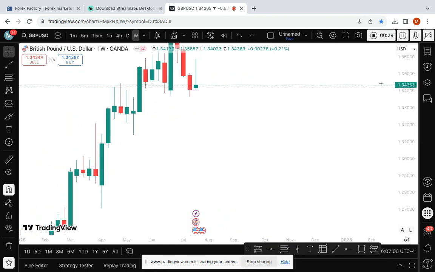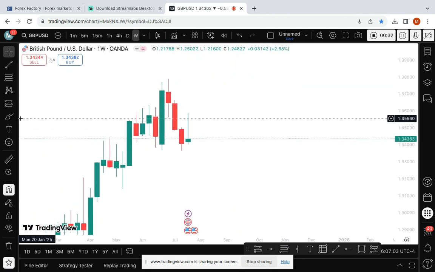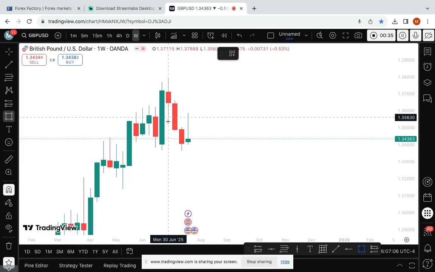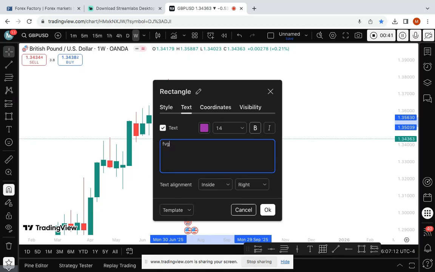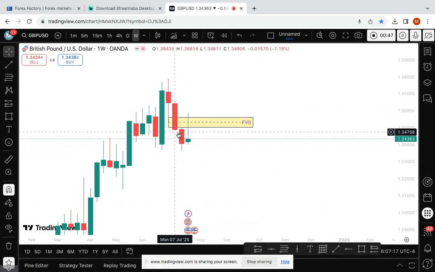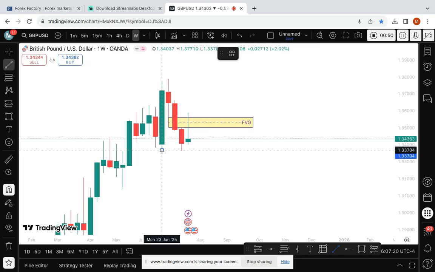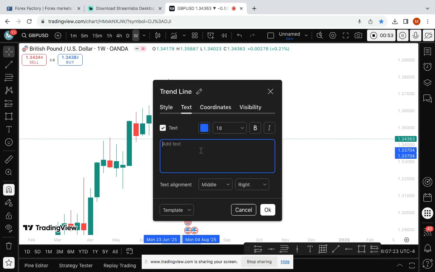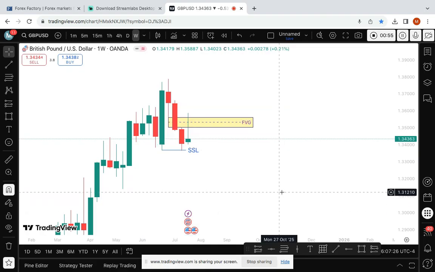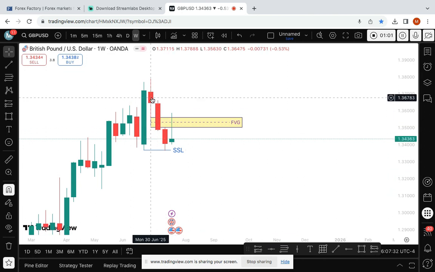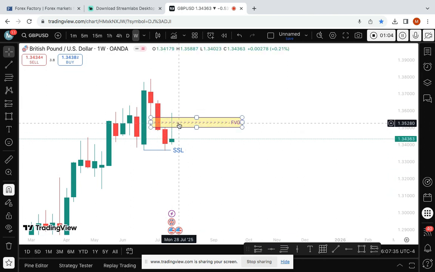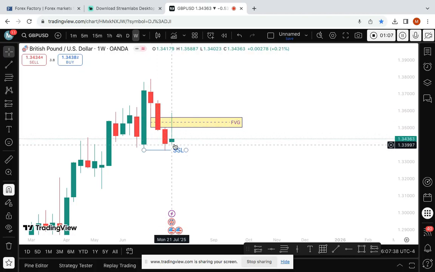On the weekly time frame, I can see two things here. The first thing is this weekly fair value gap that price is currently reacting from. I like to call this an ICT fair value gap. The price was in a hurry to deliver liquidity on this sell side here. You see this? This was sell side liquidity. Once price delivered this sell side liquidity, it left behind inefficiencies, which is this fair value gap. Once the price came back to fill the inefficiency, the fair value gap on weekly,